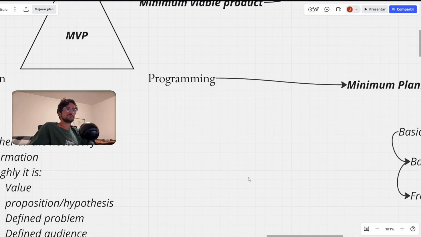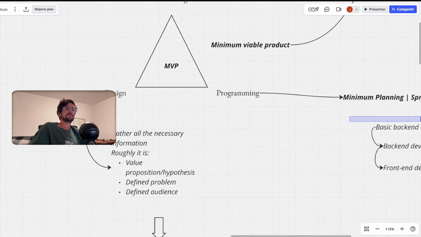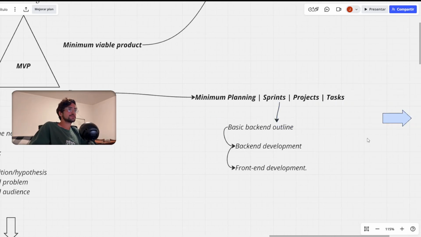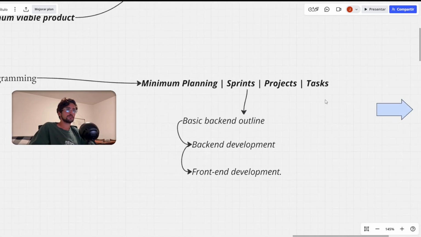Being 100% honest, I don't use it on every single app because it takes time, and sometimes you don't have all the time it takes, but it's very useful. It lets you organize mentally. Now, once you have gathered all the necessary information and designed the screens, and you start developing the app, I usually start first with minimum planning. You don't need to plan everything in depth because it will probably change with the passing of time, and if you're